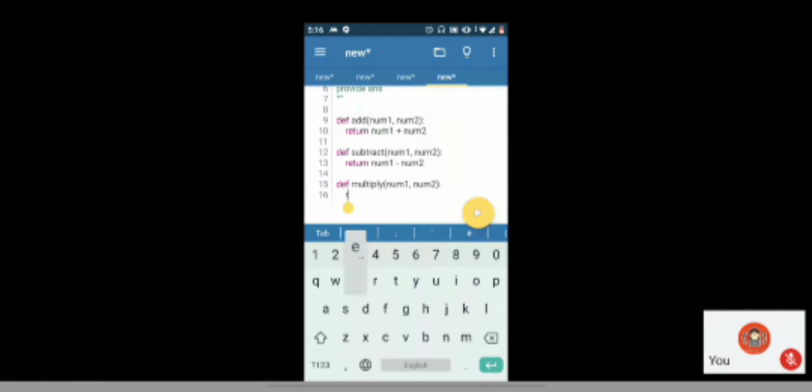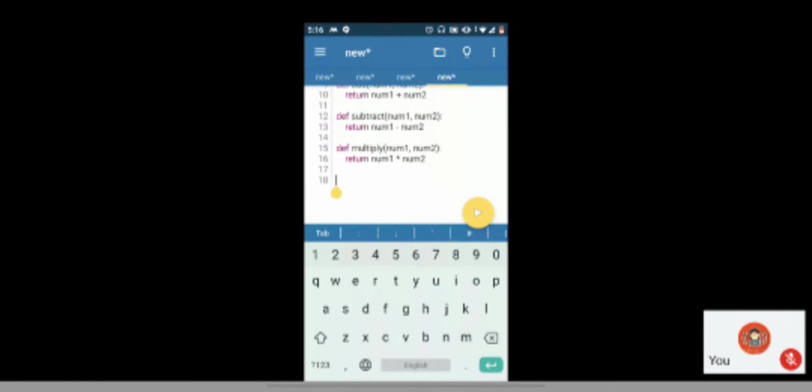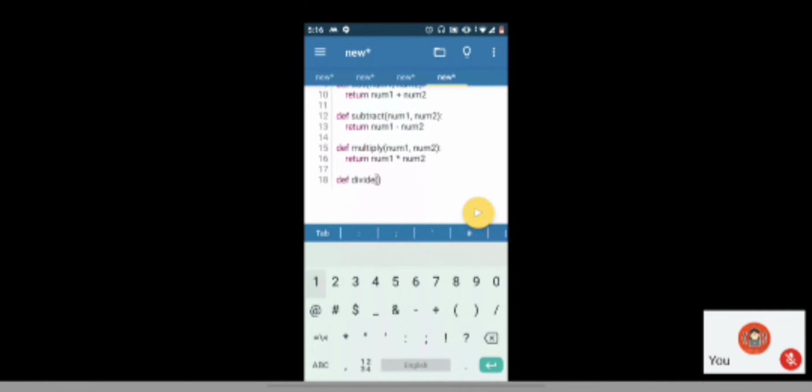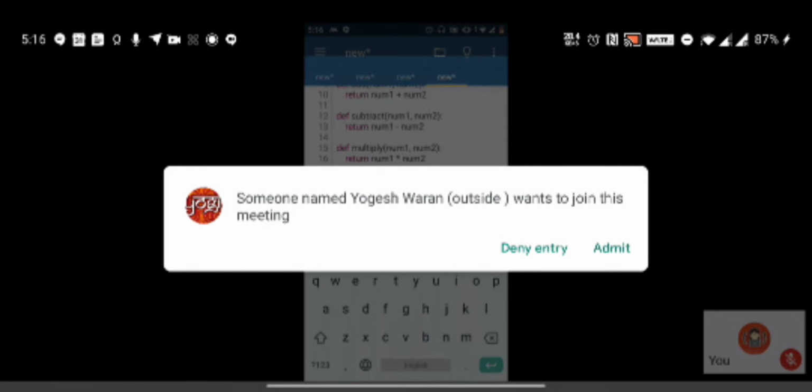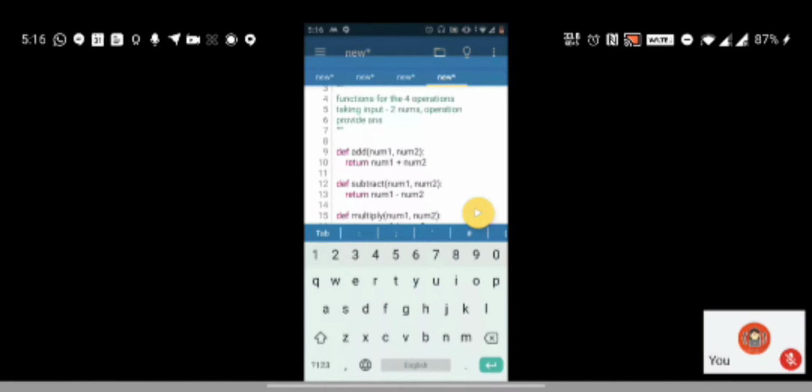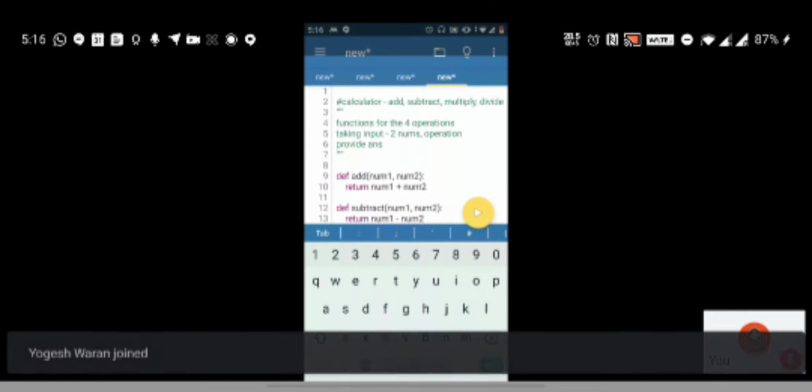So you will multiply the 2 numbers, num1 into num2. Yeah? Any questions? And then finally you have divide, num1 divided by num2. So fine, the first thing is done. You have made 4 functions for the 4 operations.